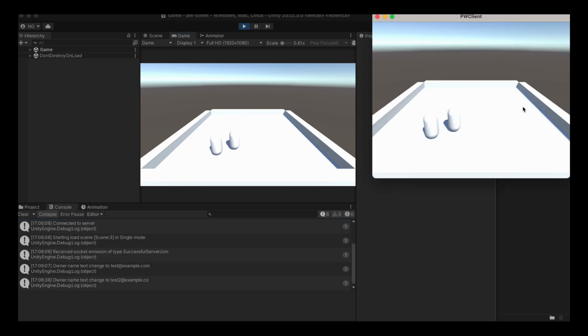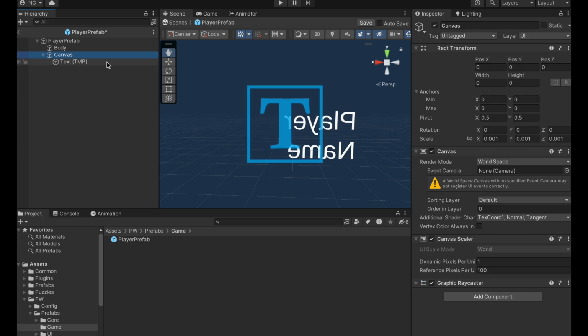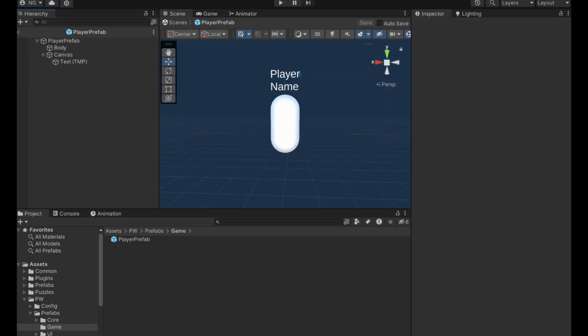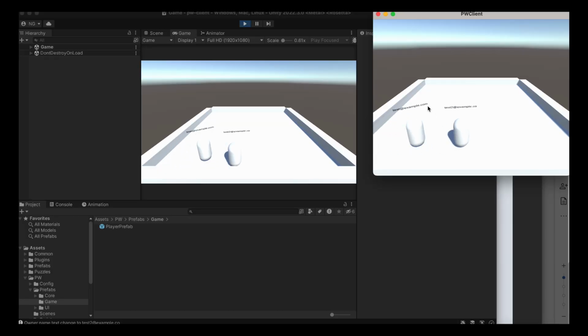I think there's one more thing we should do though, which is just to add a little bit of UI above each player so we can display their name. Our users don't have a name right now, they only have an email, so we'll have to use that, although I guess it's obvious, but we should point out in a real game, you never really want a user to be identified by their email, especially not publicly. That's kind of strange, but this will do as an example until we get this game a little bit more polished. And there we go.